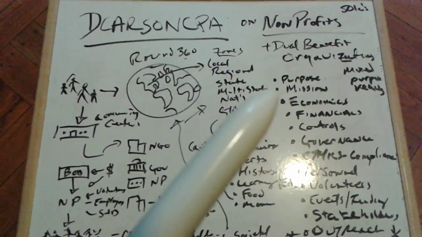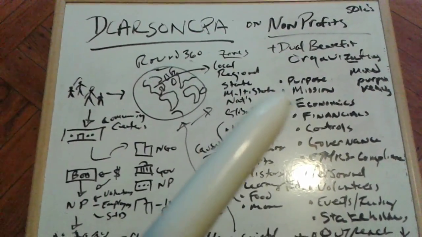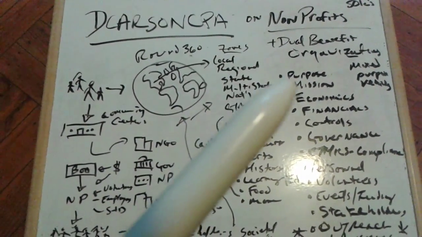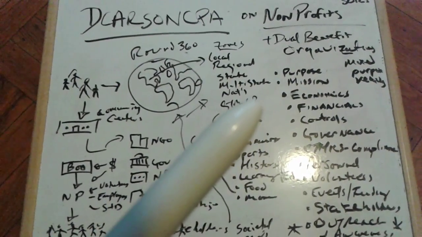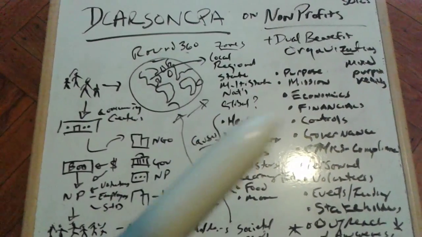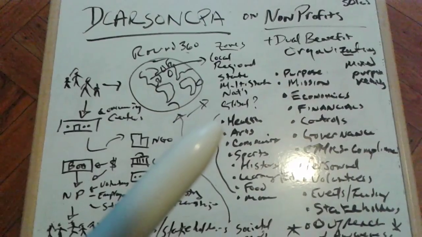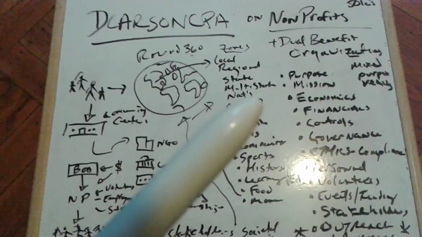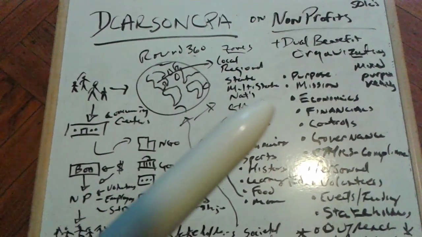With nonprofits, you have a purpose, some need and community that you're there to support, and a mission which can be similar to the purpose, but it's probably more detailed about how you're going to go about achieving that purpose. Your purpose could be to help in delivery of health services to the underserved, of support of U.S. history, of support of education, of support of the arts, sports, or any other thing. And then you need to have a more detailed mission about how you're going to do that, what's the formation of your structure, what will be the ways that you do and don't do that. So you'll have some articles of incorporation which will embrace your mission, talk about who you're going to be, how in general you're going to do that, and then you'll set up your structures.